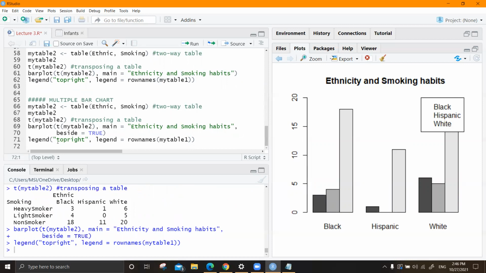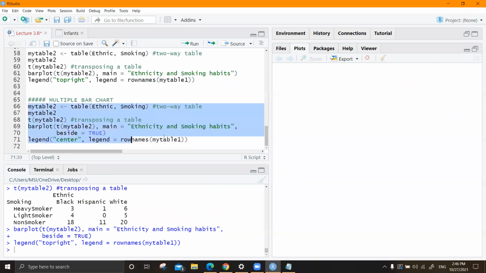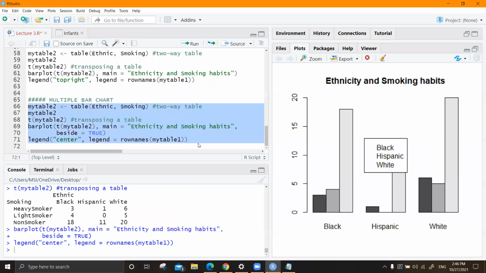It's better making this center now. No, not even. What do you have, bottom?